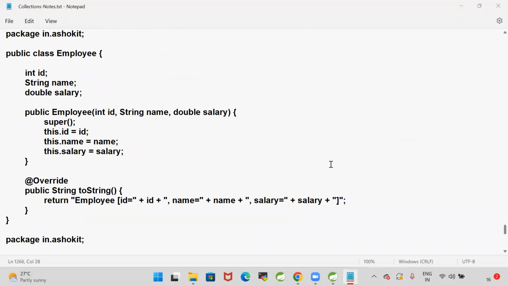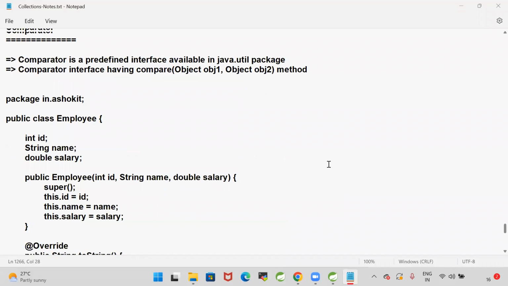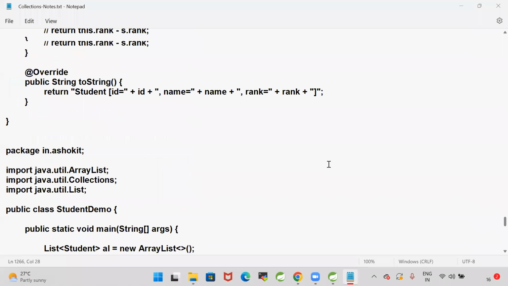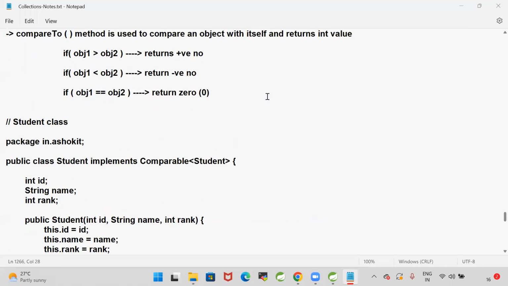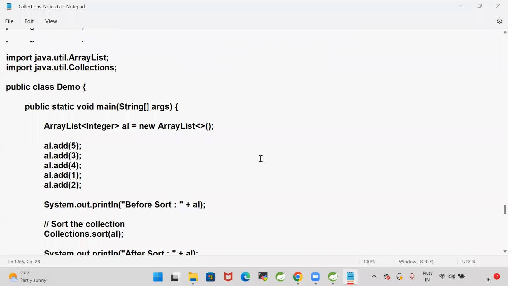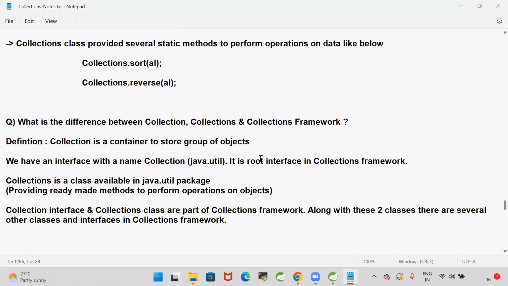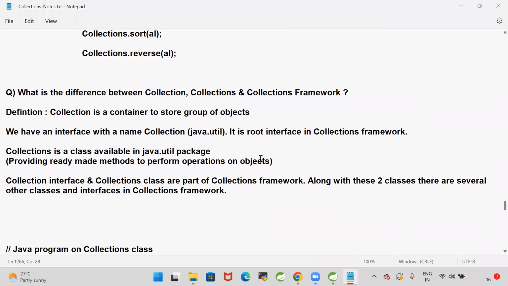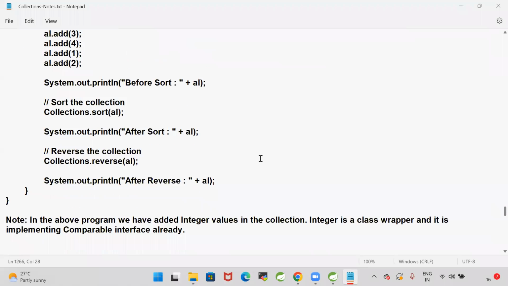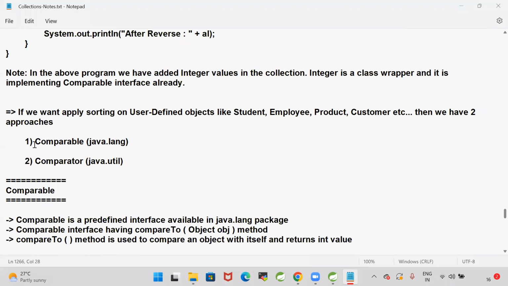Good evening, guys. In the last class, we have seen how to sort the collections. To sort the collections, we have two options: one is the Comparable interface, another is the Comparator interface. If you want to sort with only one sorting value or one parameter, then you can go for a concept called